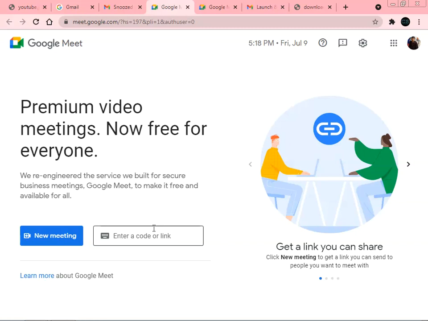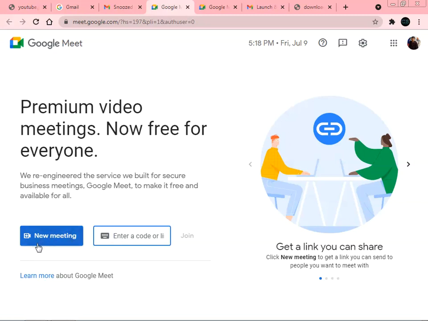If you want to join any link, or we are just joining as a guest, then just enter that link or the code here. We will see later on how the code is retrieved from the link itself.